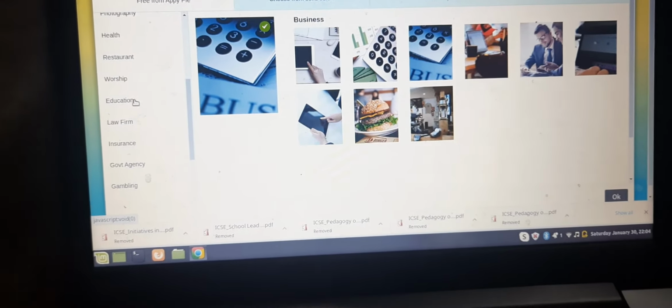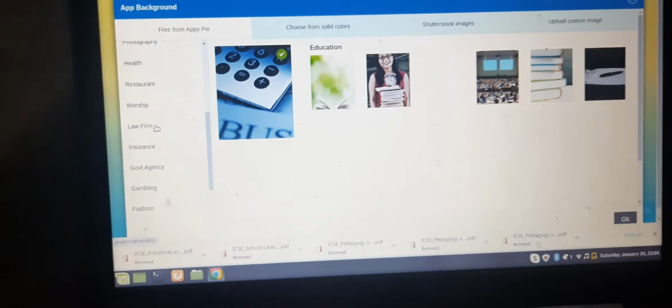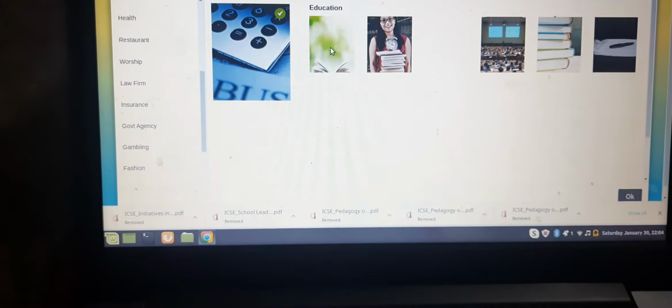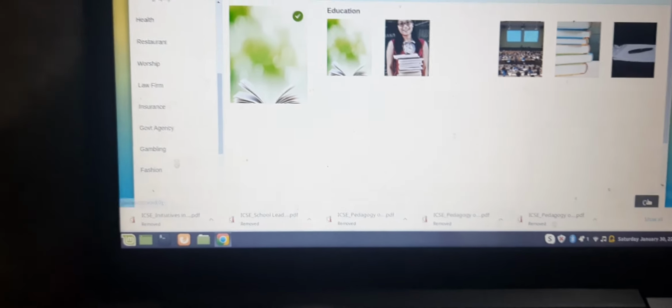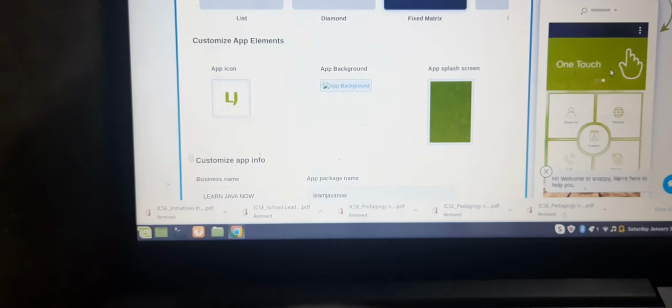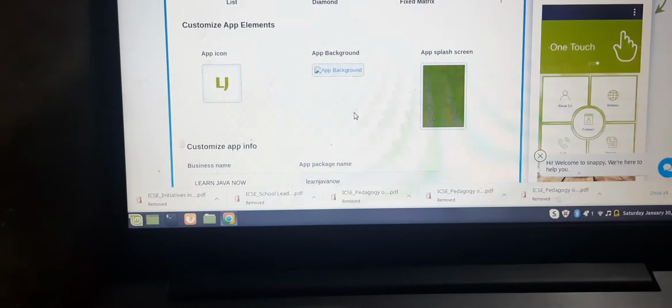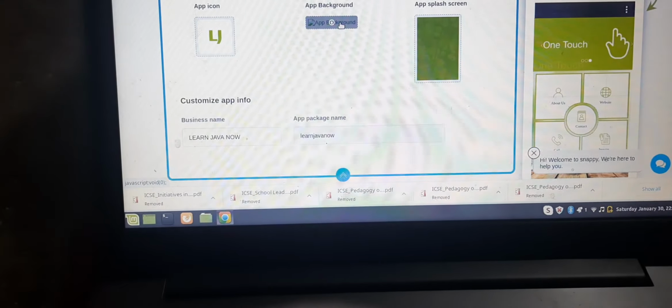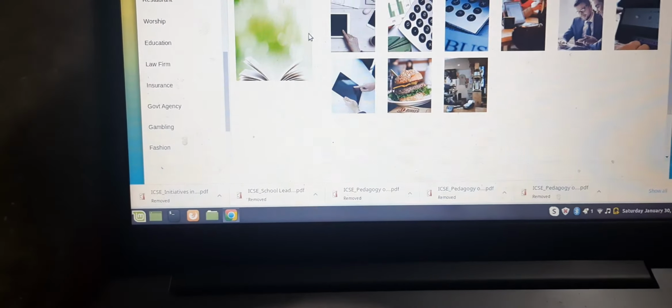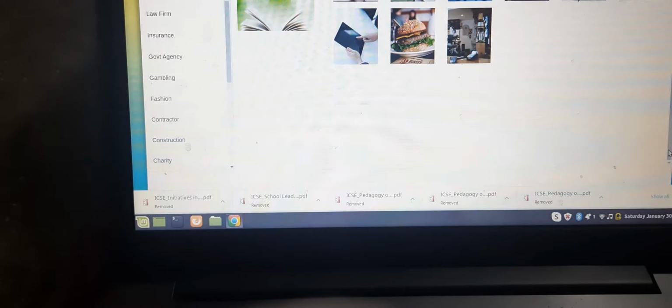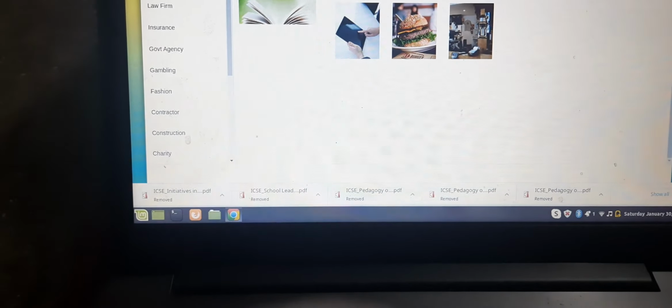Education we can get. These are the different books, so I can select this one and then click on OK. This is the app background option. It is already selected, so you can go ahead.